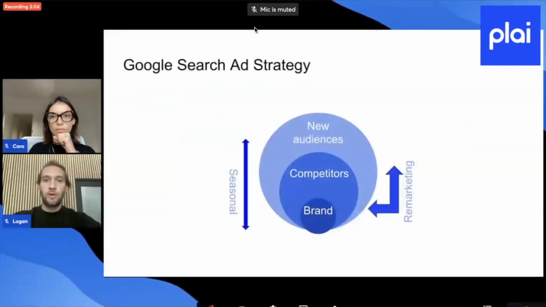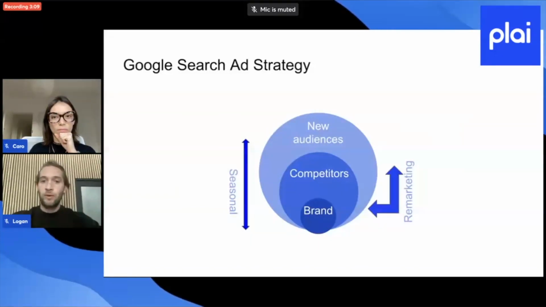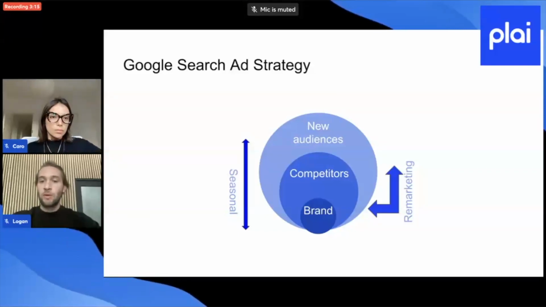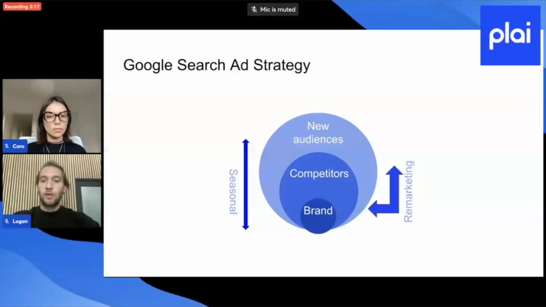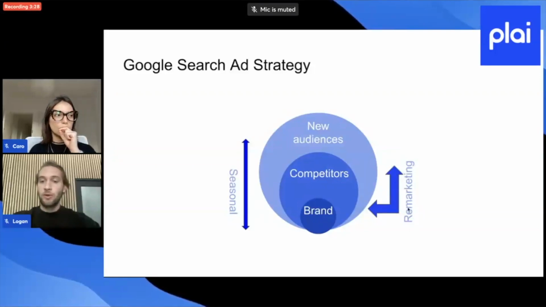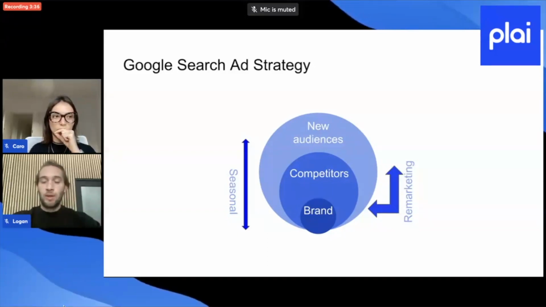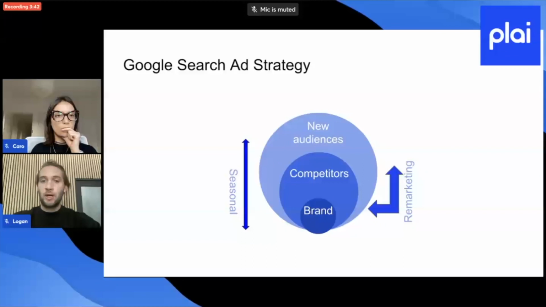So we're just going to go through this slideshow because many people, when they create Google search ads, are really only focused on new users. New users meaning, if you're working with a plumbing client, you're only showing for "plumbing near me" or "emergency plumber." That's new people. But a majority of your audiences and customers are honestly going to come through your retargeting campaigns and competitor campaigns and brand campaigns. So I'm going to walk through how you set up at least 3